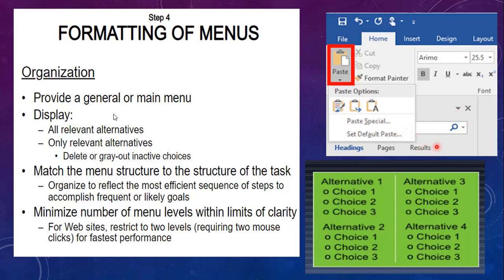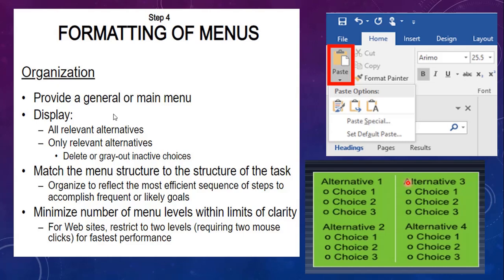If you have more submenus, then you may have more depth, and if the number of choices is more, you have more breadth. How many items are placed on one menu is called breadth, and how many levels it will consume is called the depth of the menu. In general, the more choices contained on a menu, the less will be the depth, and the fewer choices on the menu, the greater will be the depth.